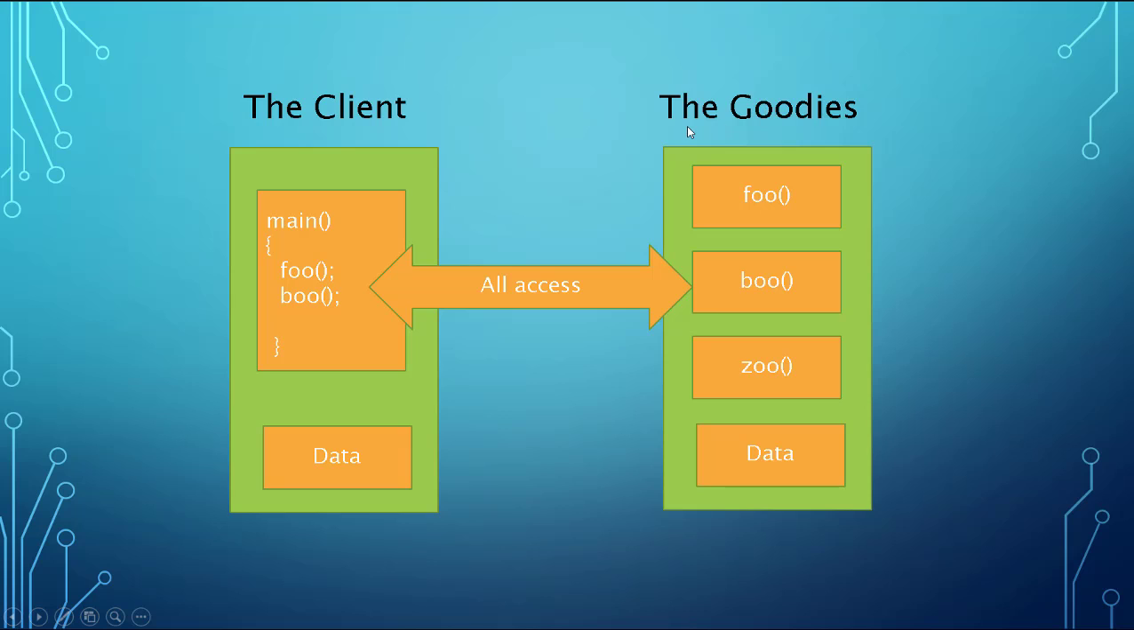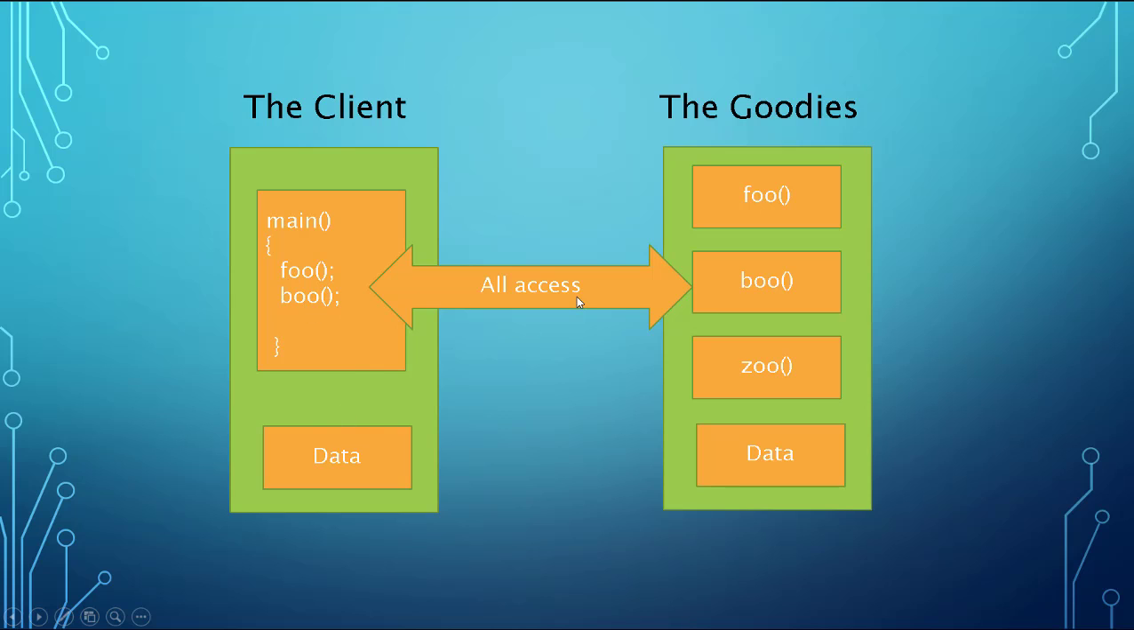Well, we have our goodies, our main class, where we have our functions. In this case, I generically said foo, boo, and zoo. We have our data. We want to protect this. Our data will be private, of course. Our functions will have to be public. So all access normally will go through a client program, which will call foo and boo, and it'll have its